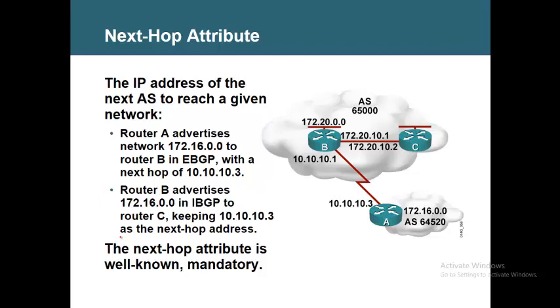And this should be there always. There should be some next hop for router C. So it is mandatory. Later, when C doesn't know how to reach 10.10.10.3, we used to say next-hop-self on router B, so that B's address will reflect as the next hop. That is okay, but by default, the next autonomous system's IP address is going to be the next hop address in all the routers inside autonomous system 65000.